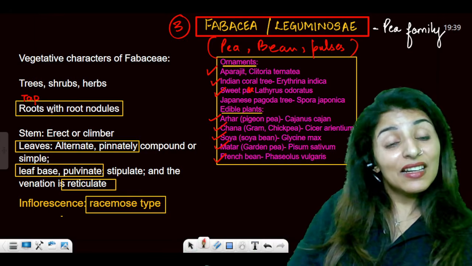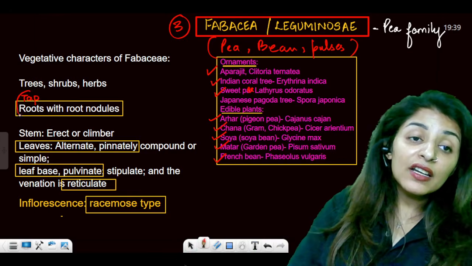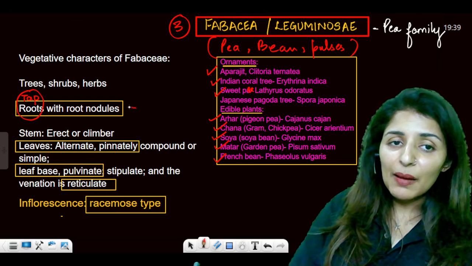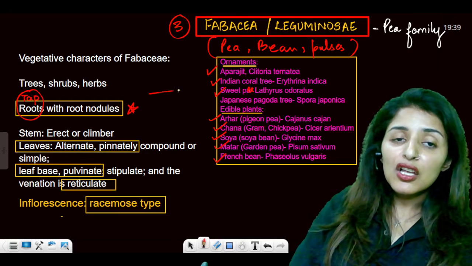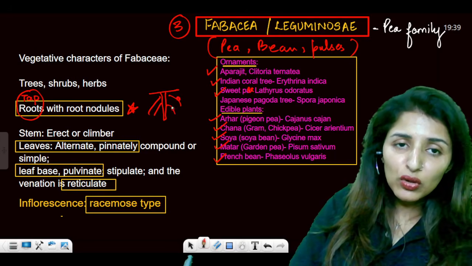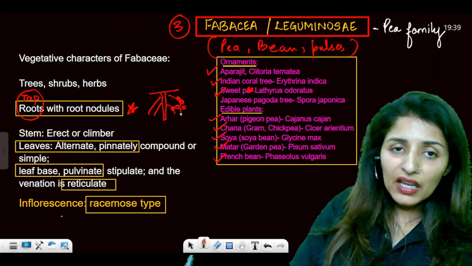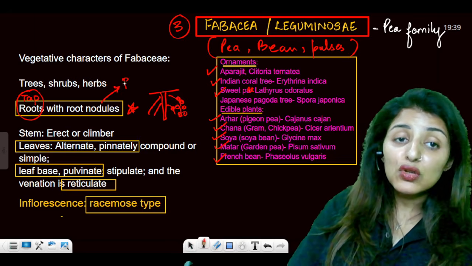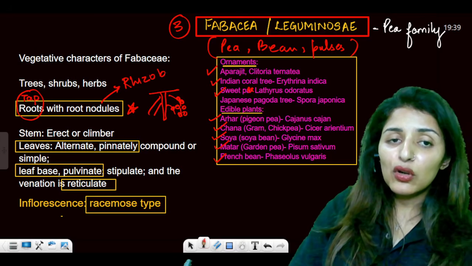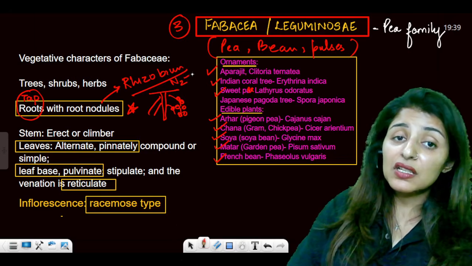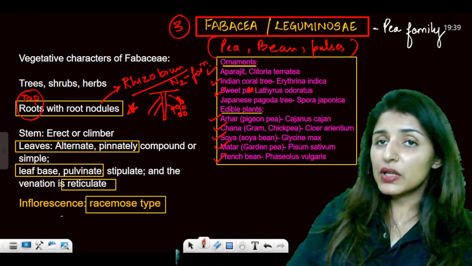Now again, it is a dicot. So being a dicot, it has typical taproot system, but in addition to that, the roots have special swollen structures known as nodules. They have nodules, and we know that in these nodules lives rhizobium, which helps in nitrogen fixation. Rhizobium bacteria, symbiote bacteria, which fixes nitrogen. I hope these points are clear.